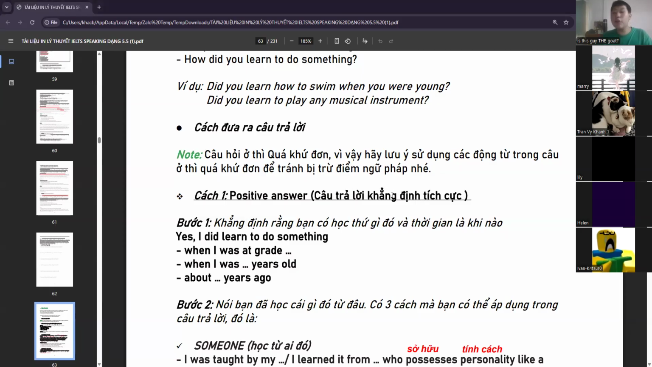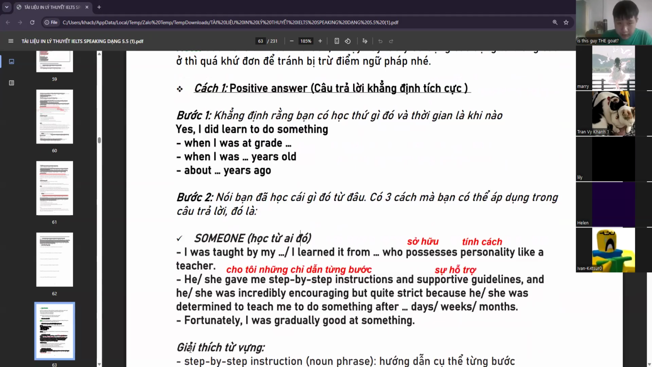Now the first way to answer this is you say, yeah, I did do it. So for example, yes, I did learn to do this. You need to say when you learned it. So for example, when I was at grade whatever, when I was however many years old, or about how many years ago. Those are some decent approximations of time. If it's a skill that you learned a really long time ago, you could also say that. But you're students, so you should probably remember that. It's probably a really important part of your life. So yeah, anyways,